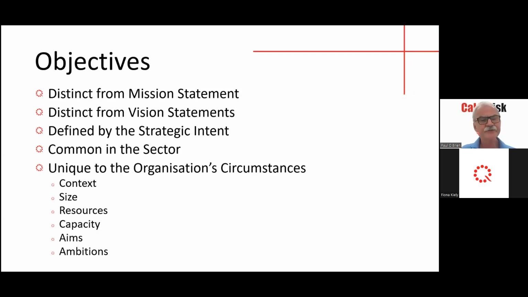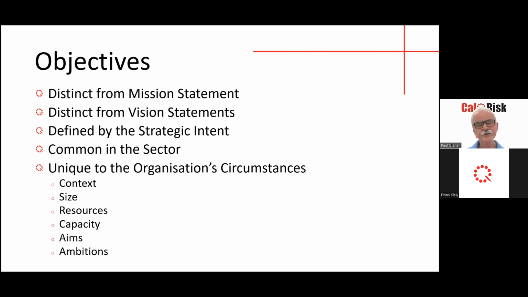A lot of objectives in a sector are common. So you'll find that in fact, most of the objectives, if you take a sector like the insurance sector, for example, most of the objectives in that space will be common. They'll be talking about growth. They'll be talking about particularly the regulatory stuff that they have to comply with. And then the pieces that are unique to the organization become important.